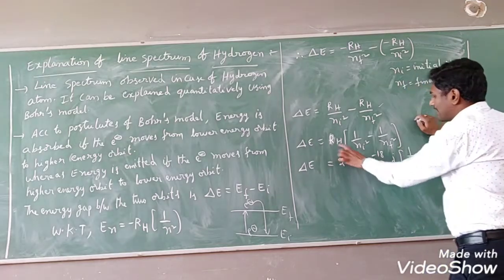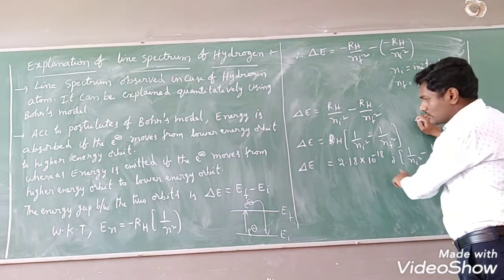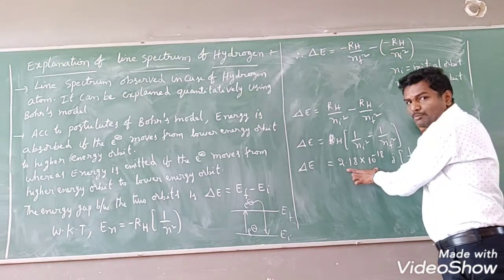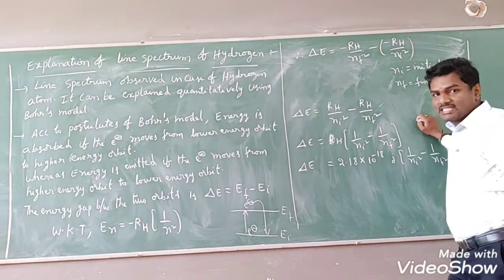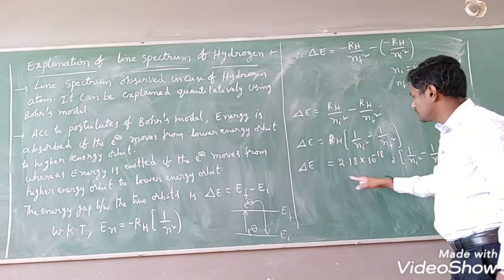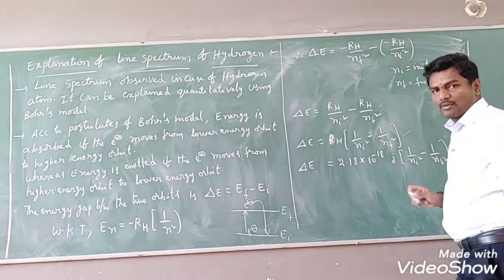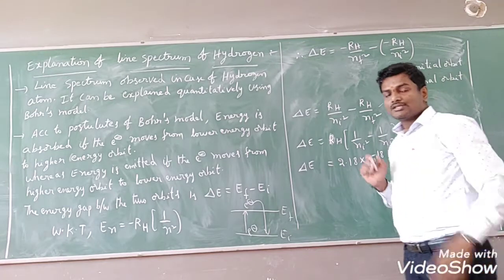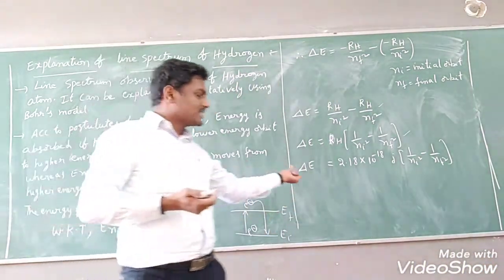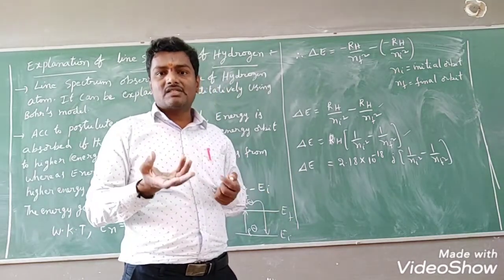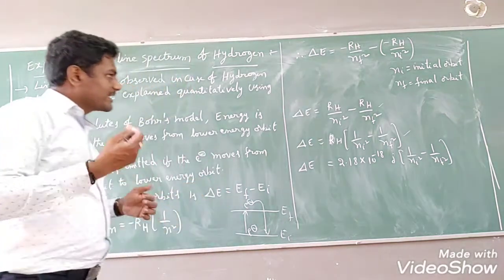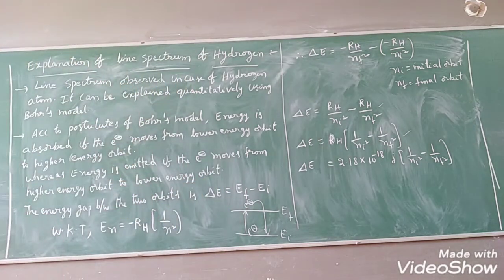The Rydberg constant value for the hydrogen atom, in terms of joules, because this is an energy expression, is 2.18 into 10 to the power of minus 18 joules. I have substituted that, or else you can leave it like this also, no problem, because this is the constant value. So the energy factor we have calculated. Then, using this energy, how do we calculate the frequency nu and the nu bar value? We will see that expression also, students. Copy this one.